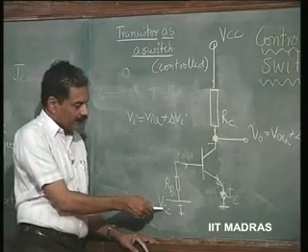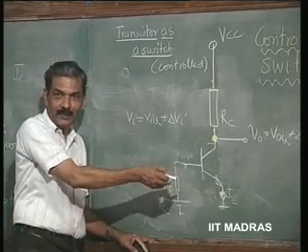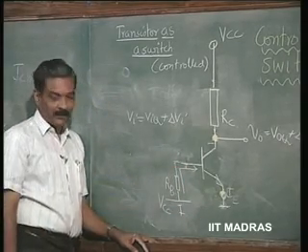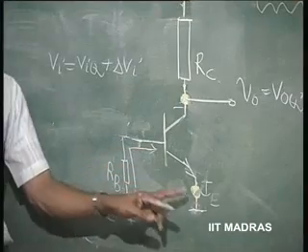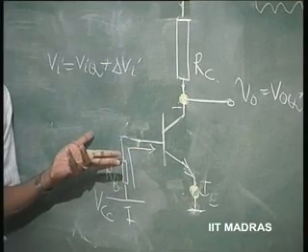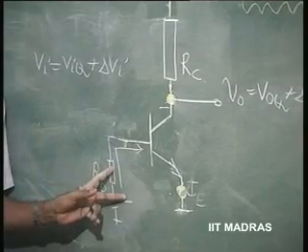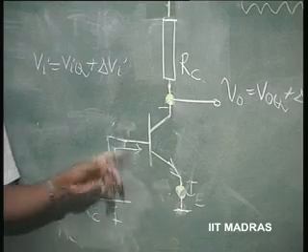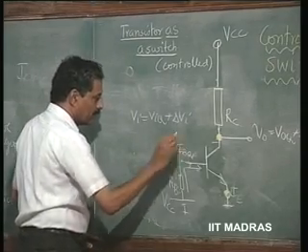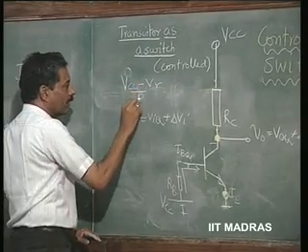So, VCC in series with the resistance, if I put, just now while discussing the switch, we know that a base current gets fixed here. What is the base current? VCC minus V gamma divided by RB. So, it is biased. This is called current biasing. The earlier one was voltage biasing, right. If I do this current biasing, where the current IBQ gets fixed as VCC minus V gamma by RB,